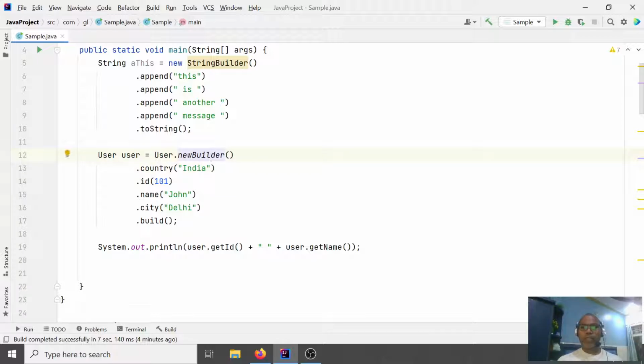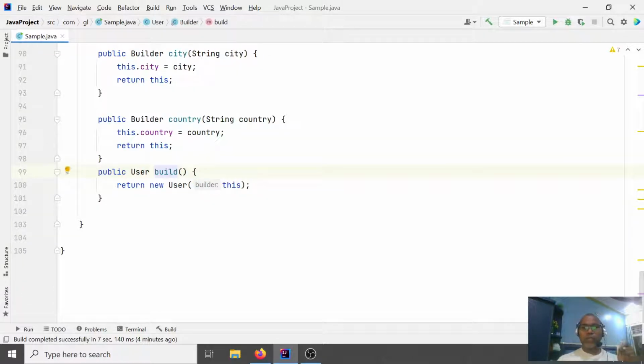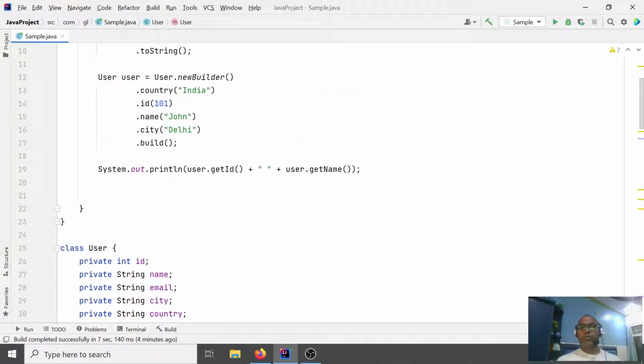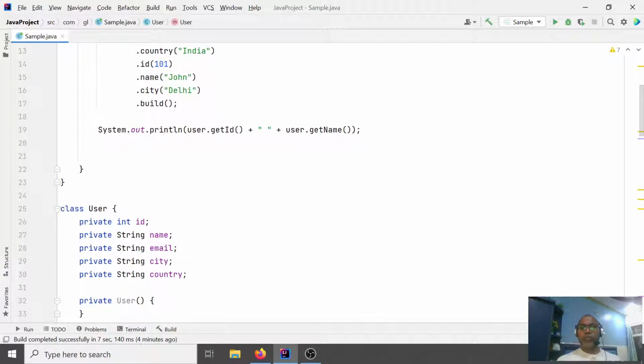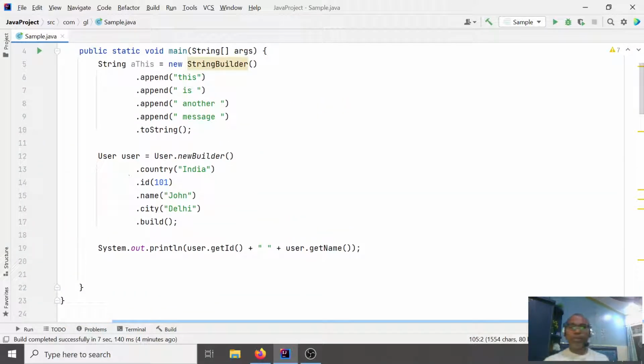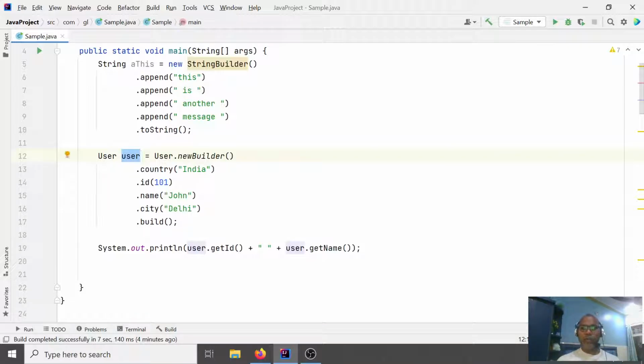The builder class is responsible for creating all the attributes you want and constructing the user object with a set of helper methods. Right? So in this way, one thing to notice is that this user class is only created from the builder class, and there is no setter method.